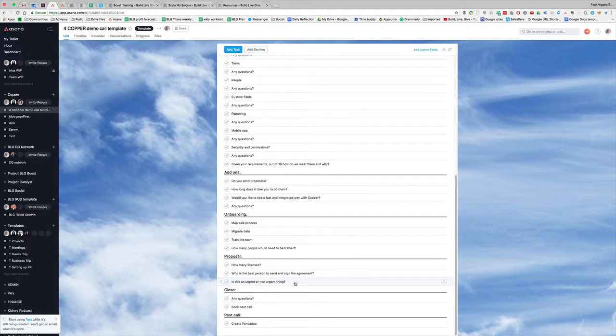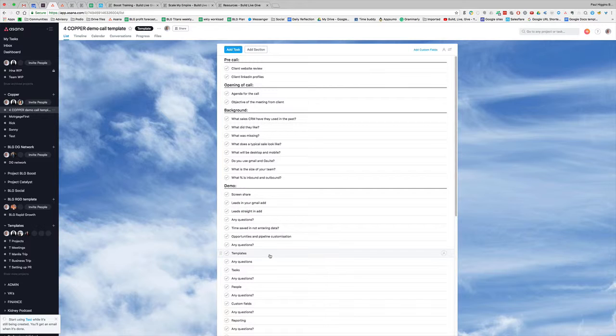Those things you can continue to add to the checklist so that each time you get better and better at it. And the great thing is that you're not a robot. You don't have to follow it step by step, but you can tick them off as you go as the conversation flows. So that is the tip for the week on how to use checklists to improve demonstrations,